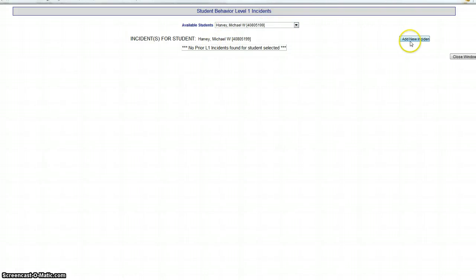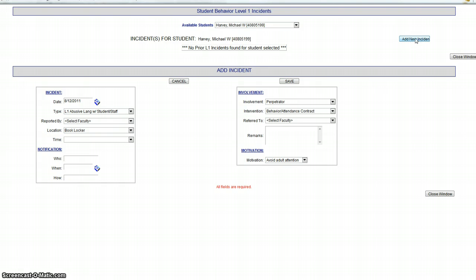Okay, so I chose my student. Over here on the right hand side, you'll see Add New Incident, so I'm going to click on Add New Incident. Now I have two boxes, and there are 4 different pieces of information you need to put in. Obviously, you have the incident, so you're going to put in the information about that incident, who you notified for that incident, and over here in the other box, who was involved, a place for you to put remarks, and then also the motivation of the student when they